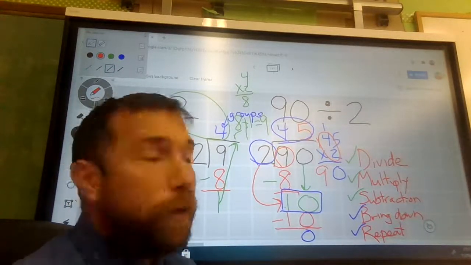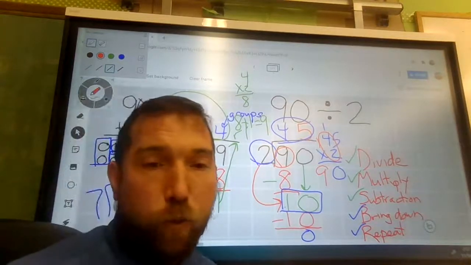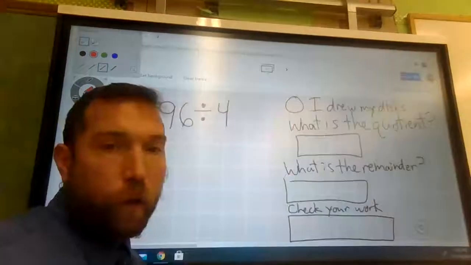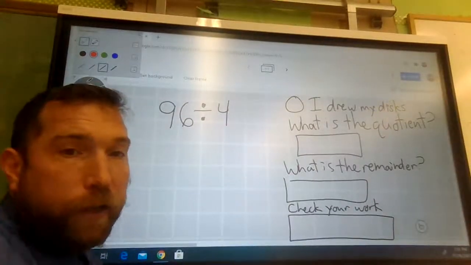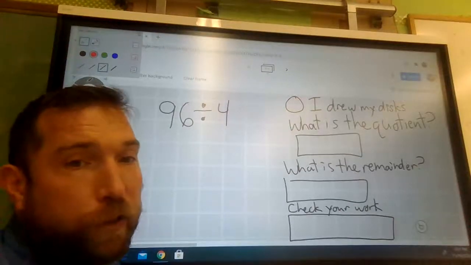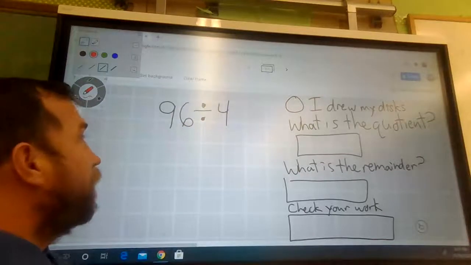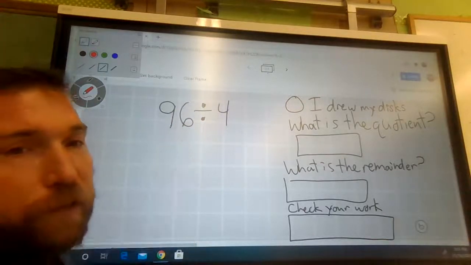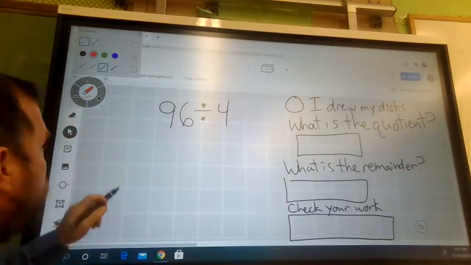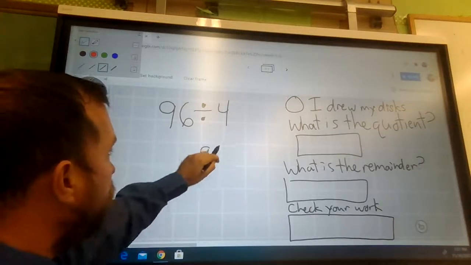Okay? If you're still having trouble with the math, that's a different thing, but I want you to get used to these steps. I'll do one more quick example. Okay, I'll do one more kind of quickly with you. Again, the last problem is 92 divided by 4 on your worksheet. Or it's technically on the computer, so called a worksheet. Okay? This one is similar, 96 divided by 4. It's going to start off the same way. Okay? If I'm doing it kind of the long division way,